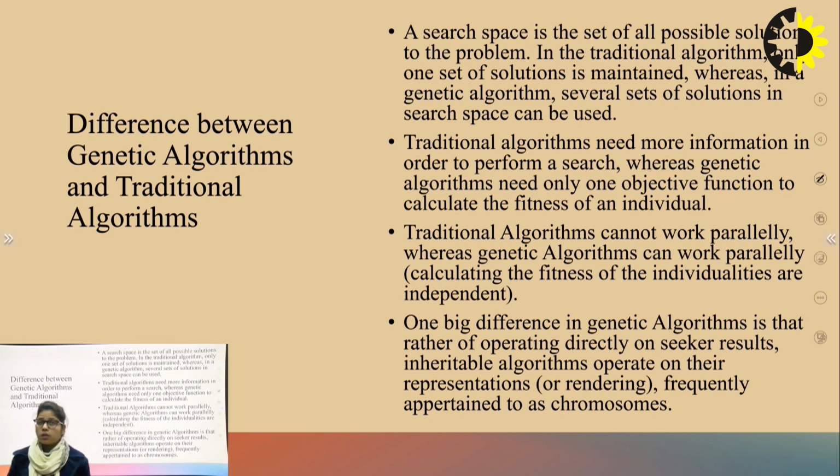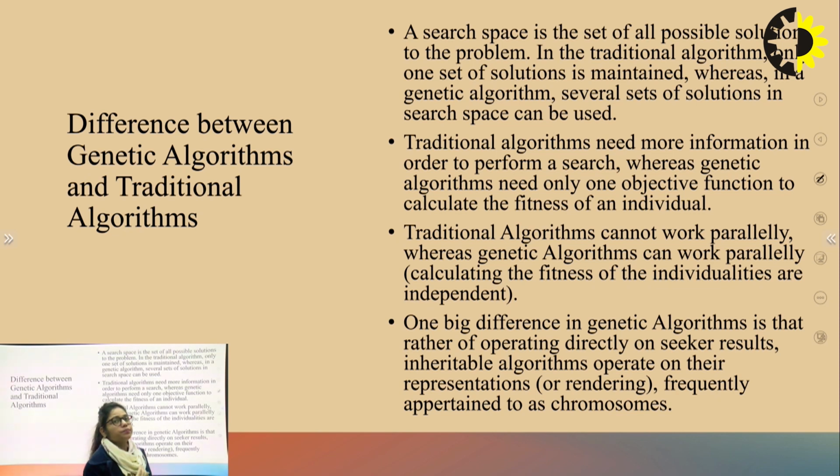Okay, now what does this mean? In genetic algorithms, we have sets of solutions that are applied by different algorithms. What is a search space? A search space is a space where all the solutions are present, the solutions from different algorithms. But in the traditional algorithm, we have only one set of solutions that is maintained. But in a genetic algorithm, different sets of